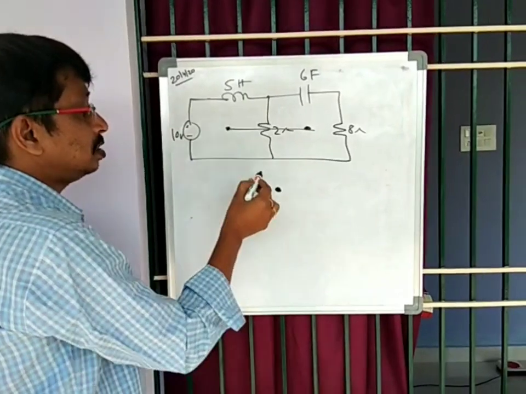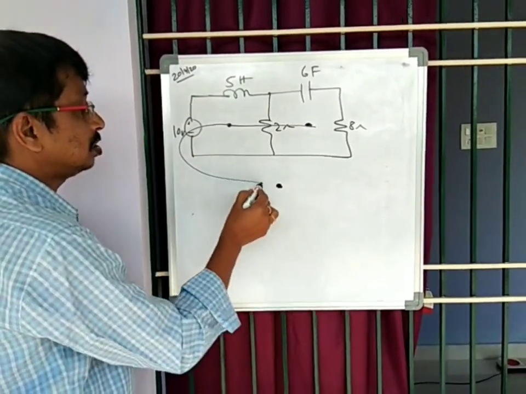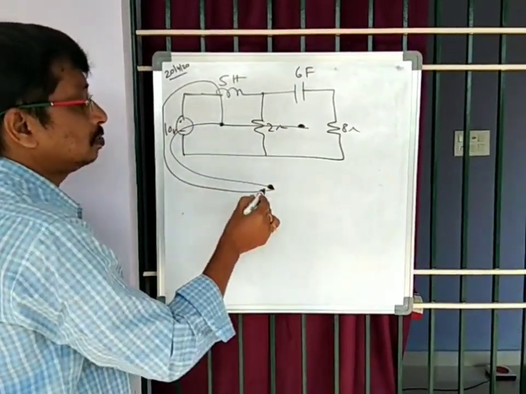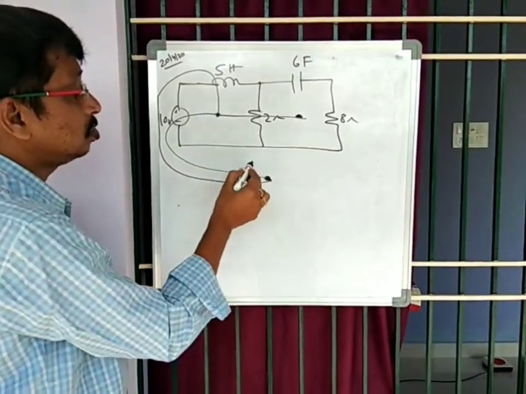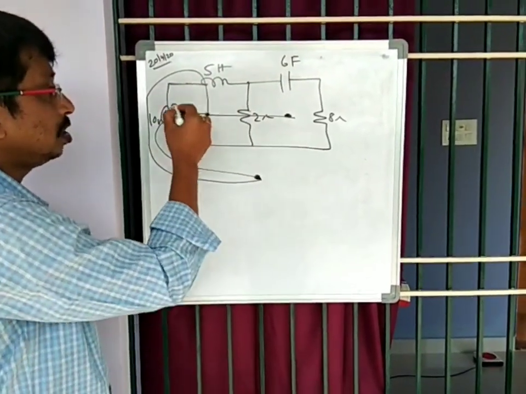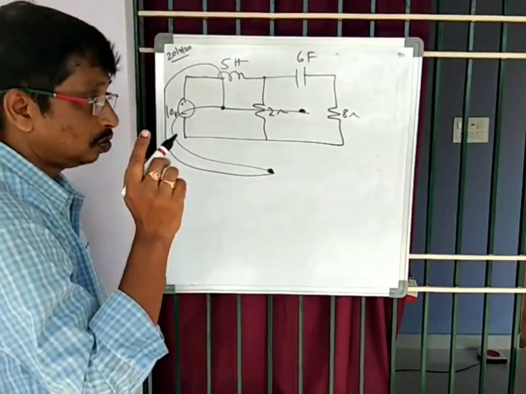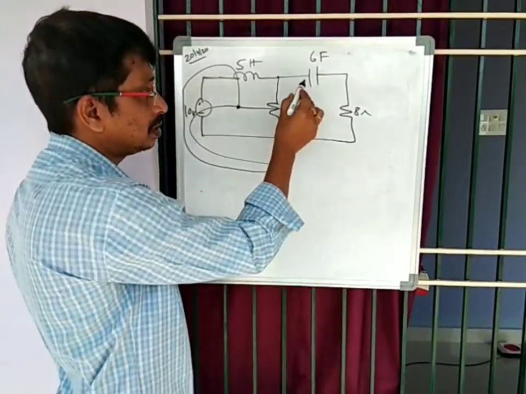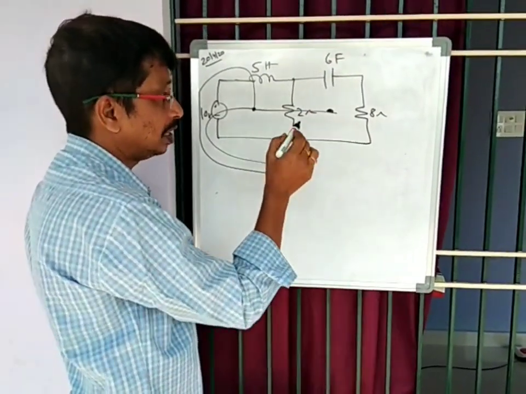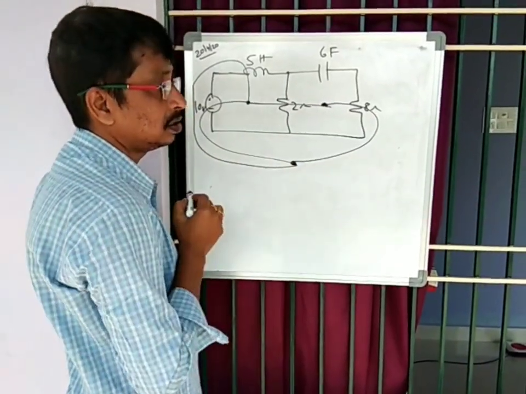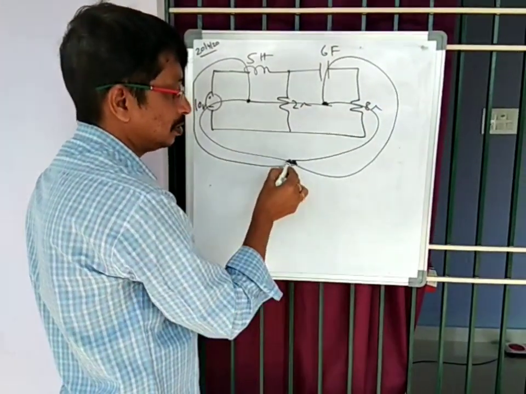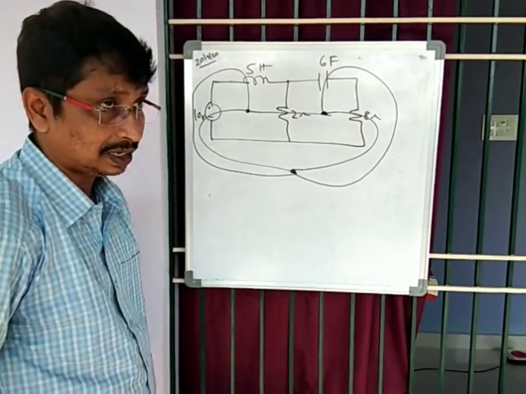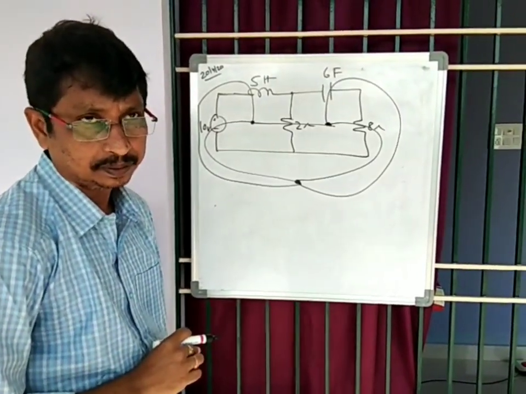Next, join these two nodes through this voltage source and also through this 5 Henry inductor. So these two nodes are joined 2 times, as there are 2 elements between these two. We joined by 2 lines. Similarly, these two nodes are joined by 2 lines, as there are 2 elements between them. This is for 8 ohms and this is for the capacitor. Like that, we joined all the elements by means of lines. This is the second step.